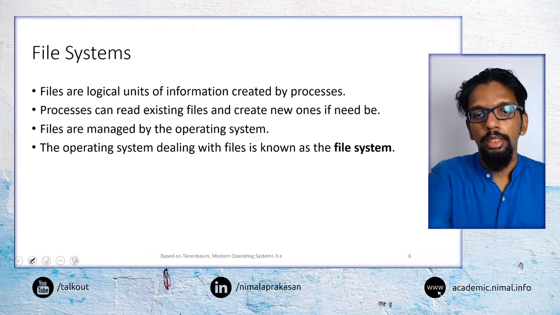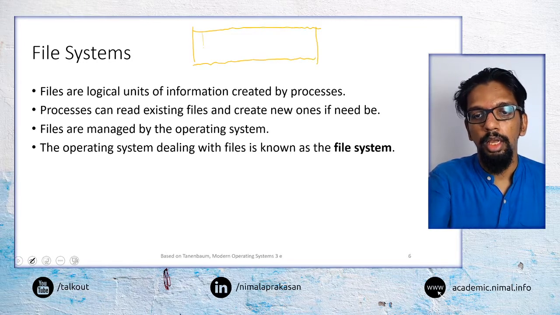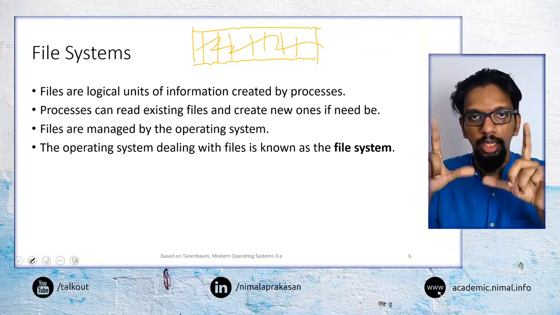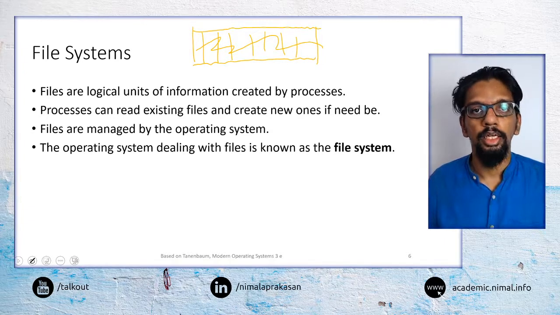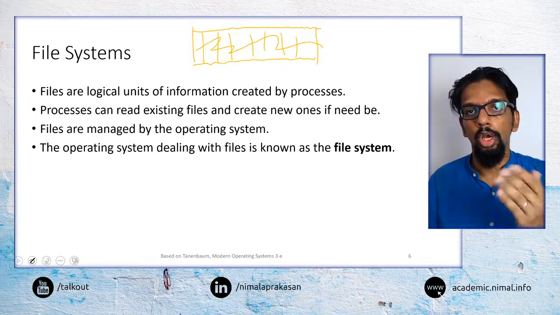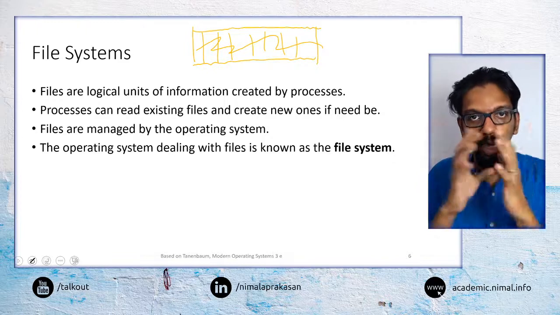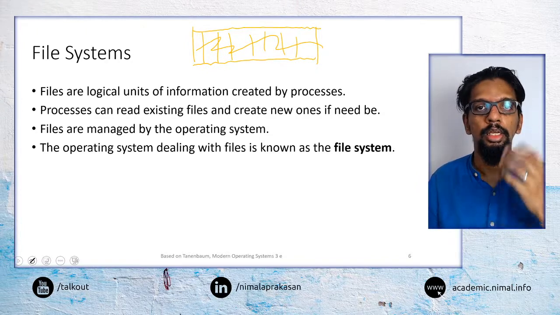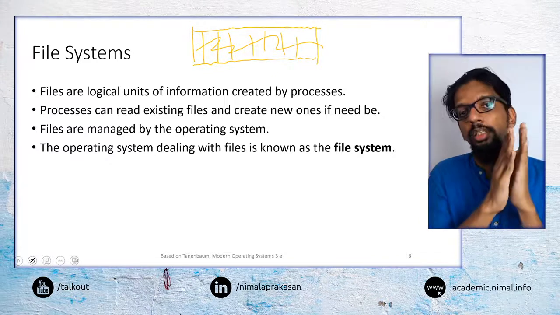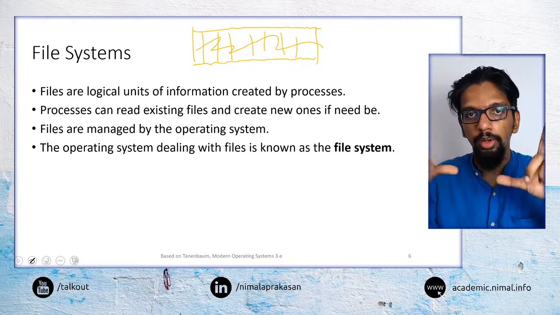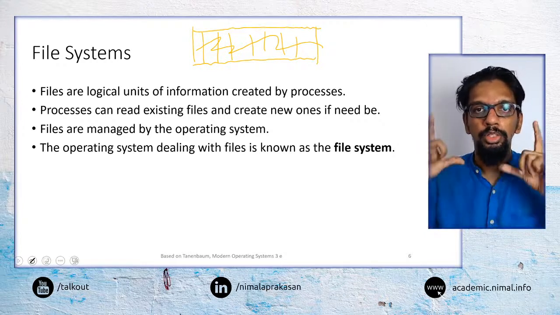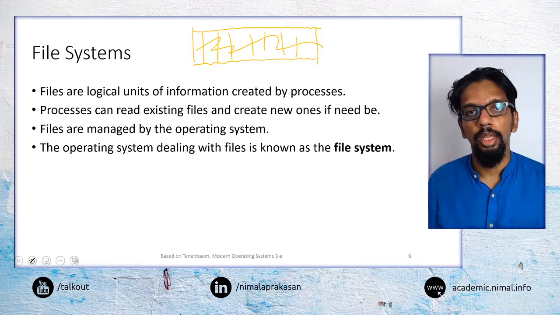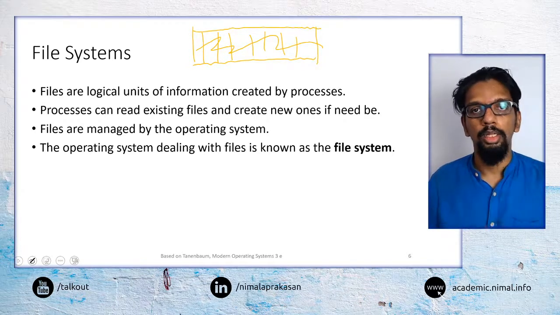So say if we have some data, a set of information, any sort of type of data, if we can take that as a unit, then we can say that is a file. So in any example that you may come across, say you are creating a document, the collection of that text you would call an assignment. So then that is a file. It is just a set of text data, but that particular collection of text data has a meaning. So that logical grouping of that text data we can call a file, a particular assignment file or presentation file or something like that.